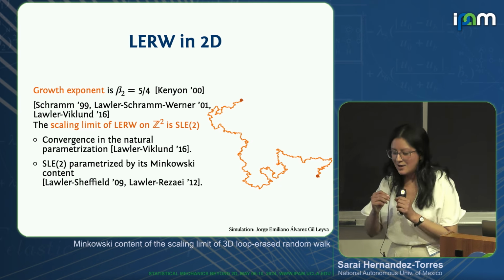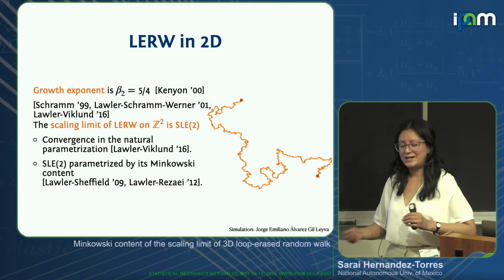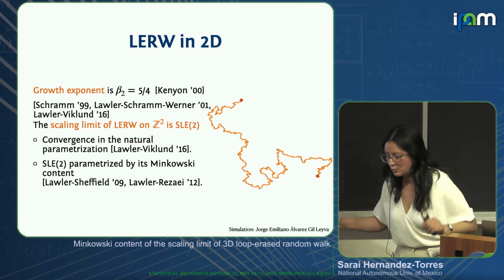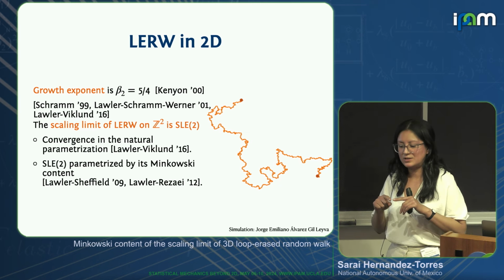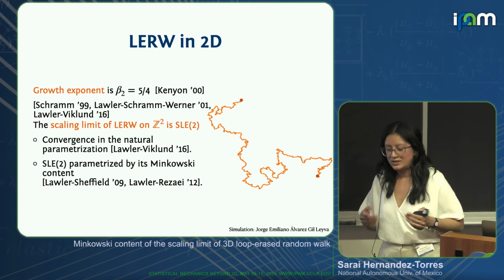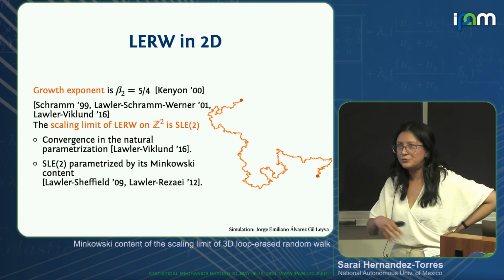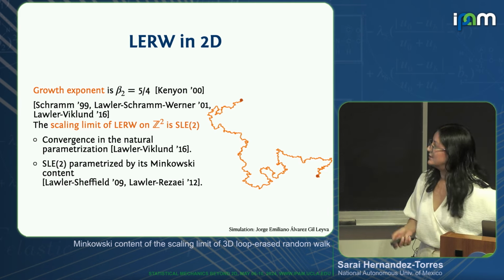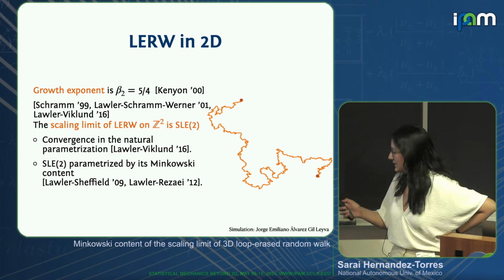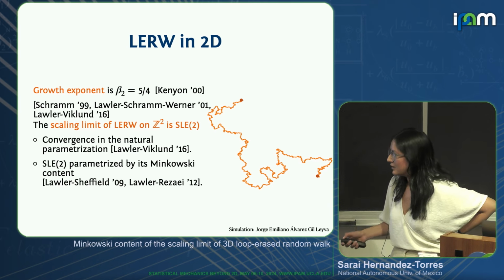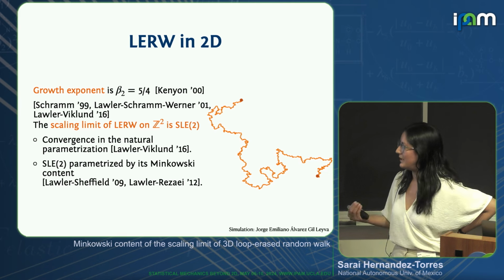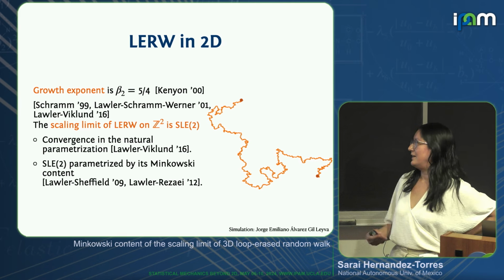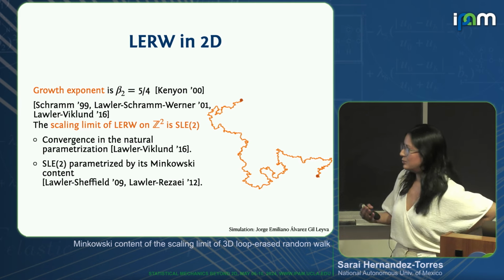So you actually want your cubes to be parameterized so that every time you have a loop-erased random walk and you advance on each one of the edges, you go through these edges in the same time as any other edge. But you want to rescale that properly, and that's where things become, one needs to be more careful. So in 2016, Lawler and Viklund gave this proof of convergence of the loop-erased random walk in the